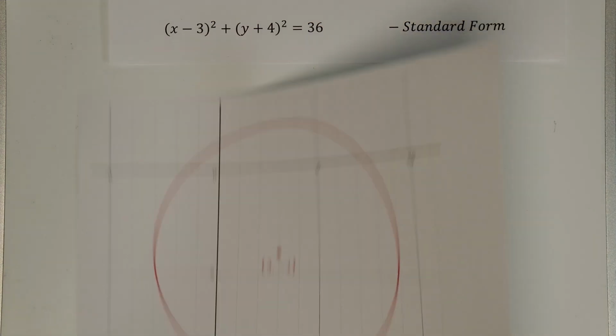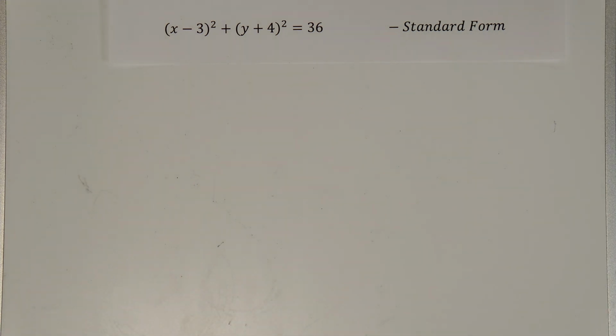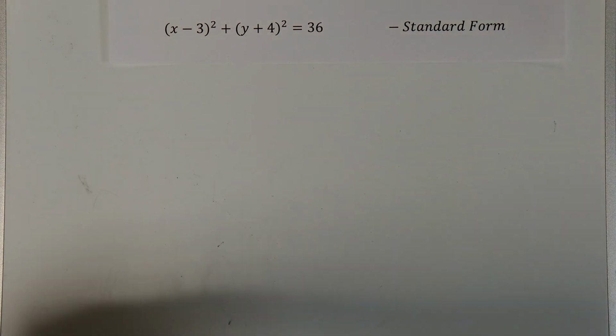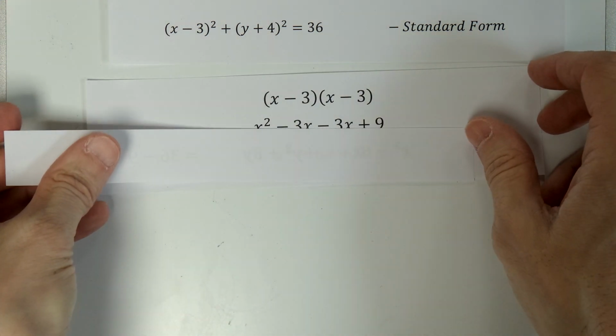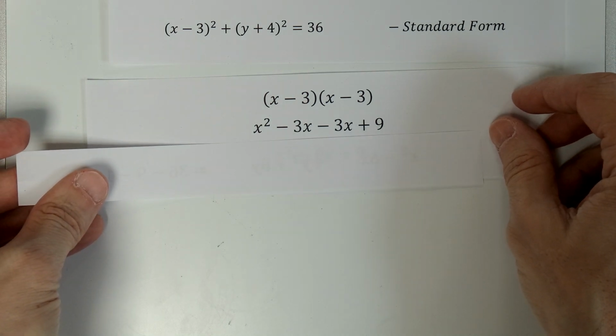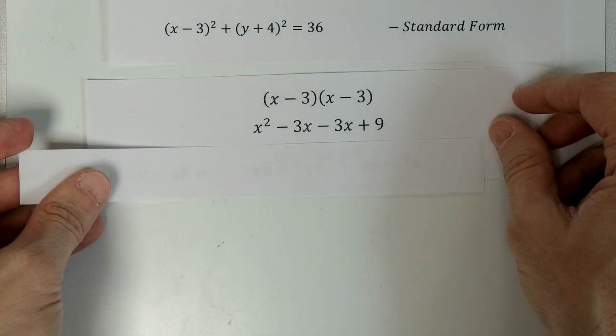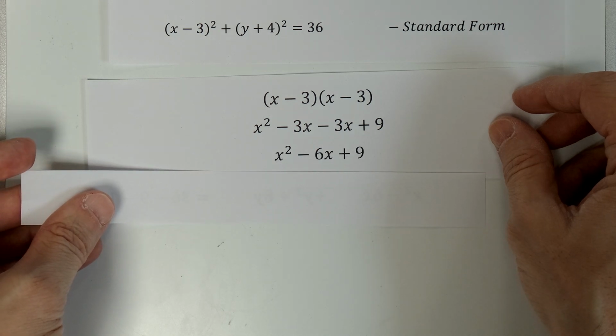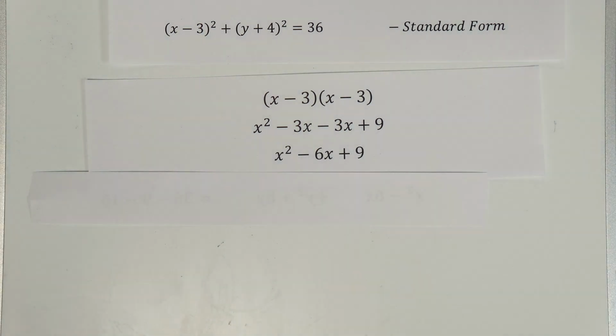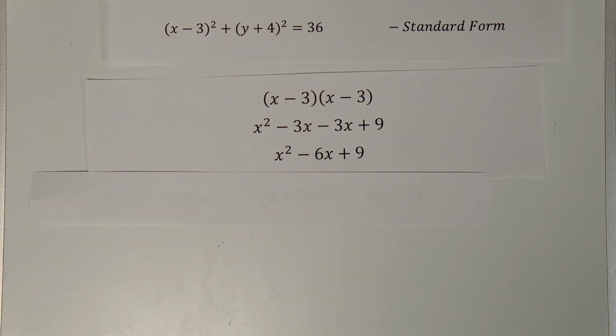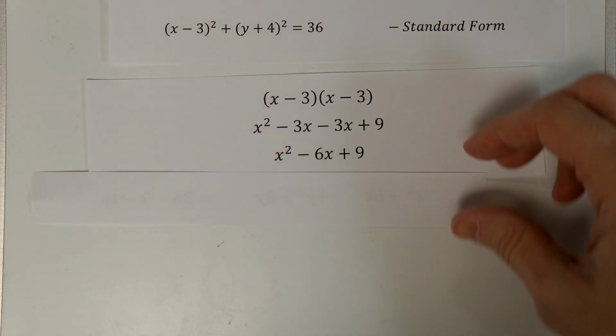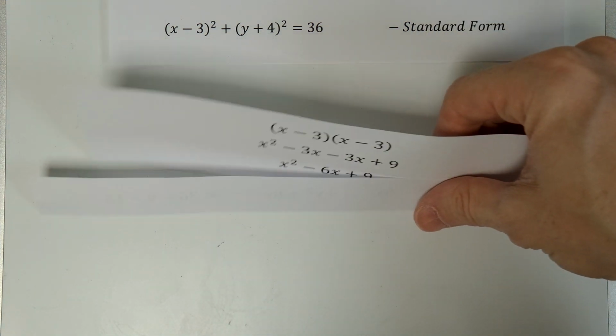If we look at the standard form and just focus in on the x values, we can take the x subtract 3, expand it, multiply it out to end up with x squared subtract 6x plus 9. We can see that the 3 from the original x subtract 3 gets doubled for the middle term and gets squared for the last term. This is the very important information, because when you get a problem